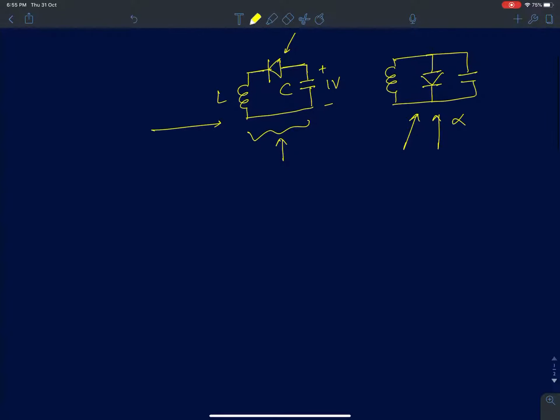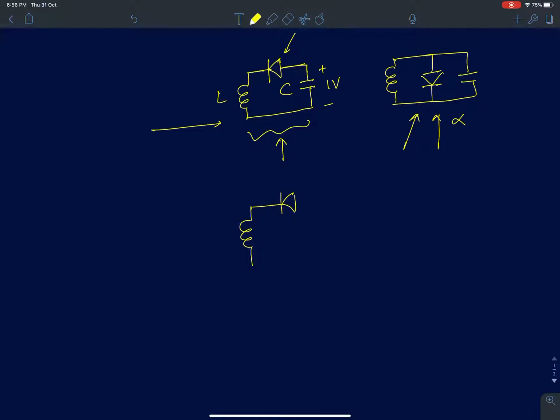Now that we have finished parallel and series RLC circuits, before I move on to probably transformers or a deeper analysis of second order systems, I thought I'll have a lecture on just solving problems on analyzing circuits with inductors, capacitors and diodes. So first